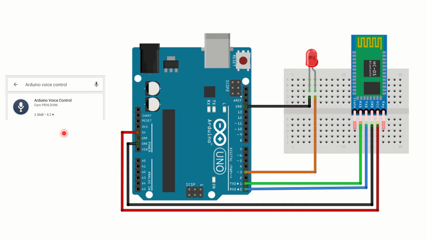How are the connections to be done? Very simple. We have the HC05 module here. Connect the RX of the HC05 to the TX of Arduino. Connect the TX of the HC05 to RX of the Arduino. That's it. And then you need to go ahead with VCC to VCC of the board, and then ground to ground to be shorted for the HC05 board.